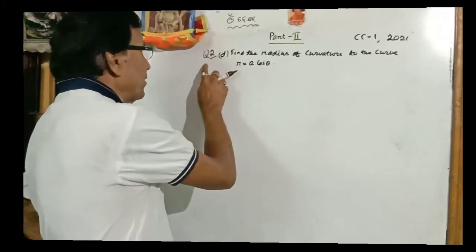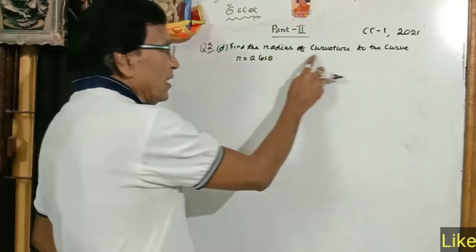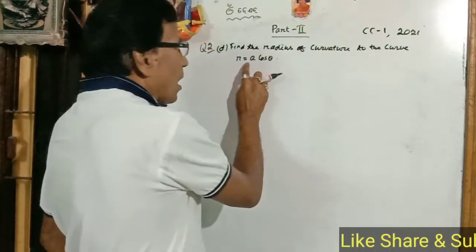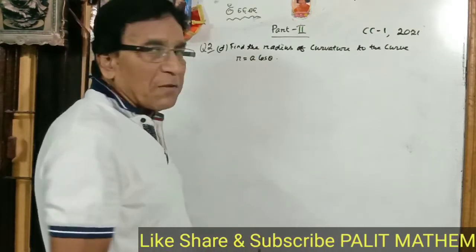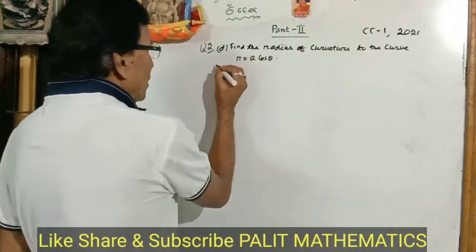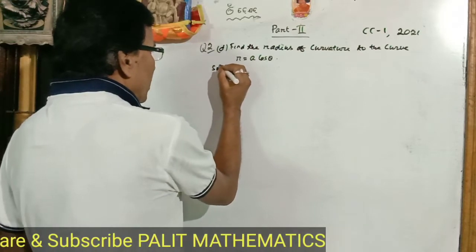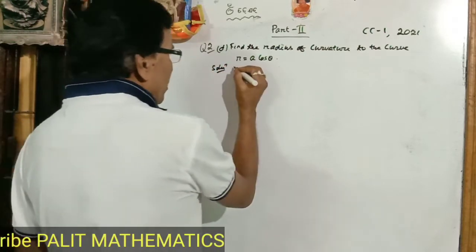Here you see that in the next question we have to find the radius of curvature of the curve r equal to a cos theta. The equation of the curve is given in polar form. So how to find the radius of curvature of a polar form? That we know that